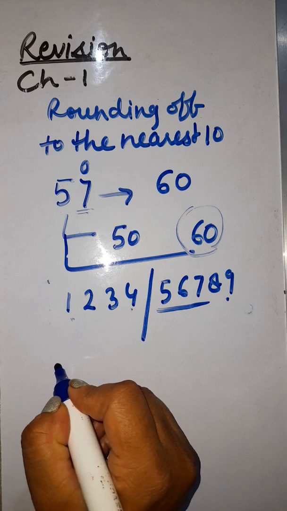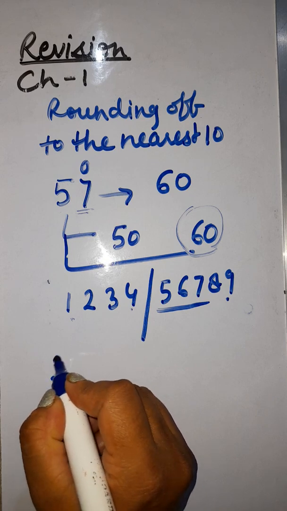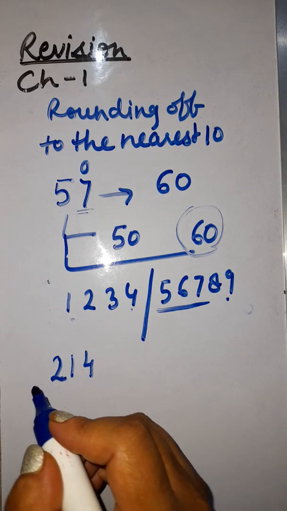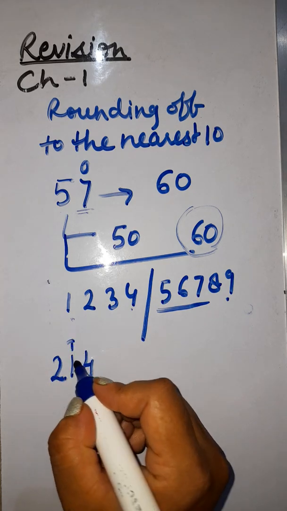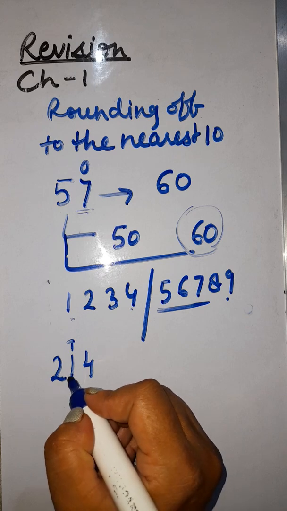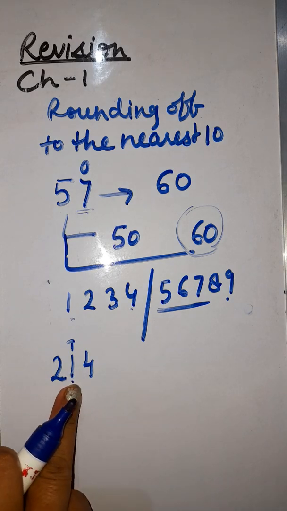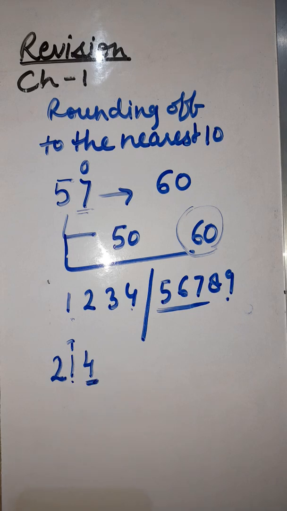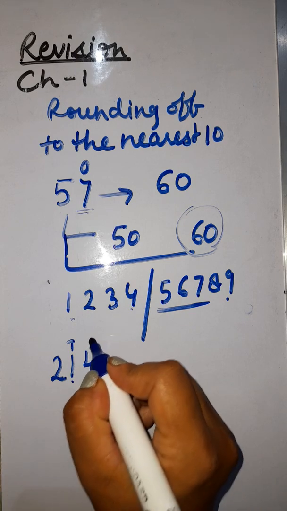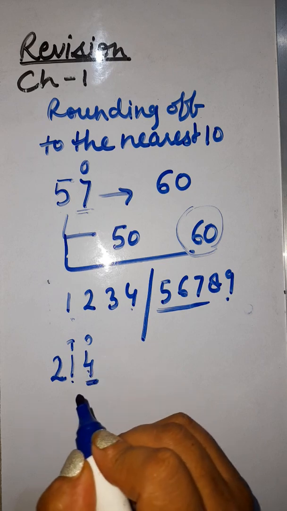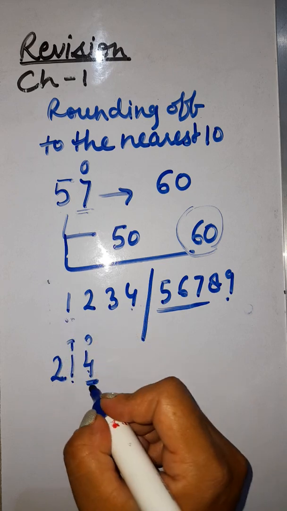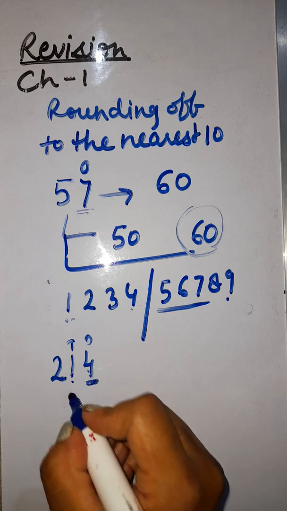Okay, let's take another example. 214. Okay, now which digit is in the tens place? Yes, this one. So we have to round it off. हमको जो tens place में है उसको round off करना है. तो हम कौन सी place देखते हैं, कौन सी digit check करते हैं? Unit place, ones place को हम check करते हैं. If it comes in the 1 to 4, so it